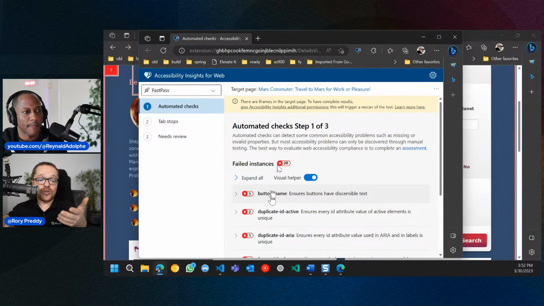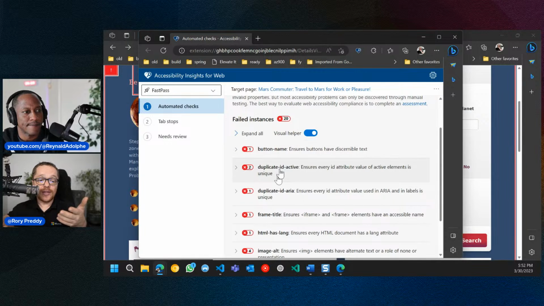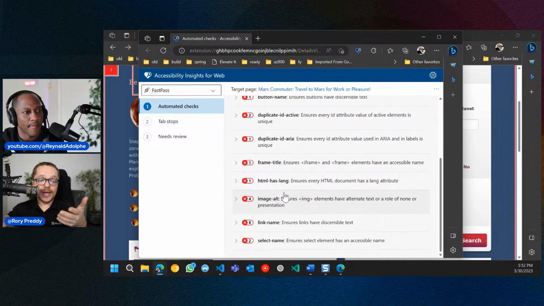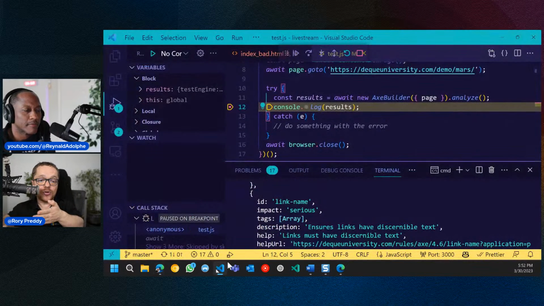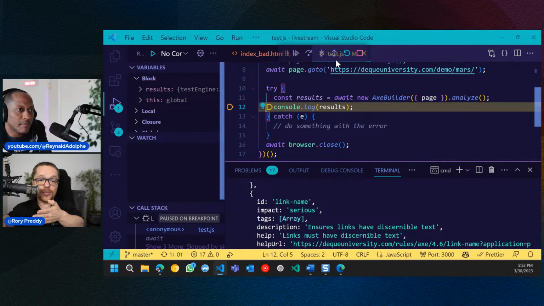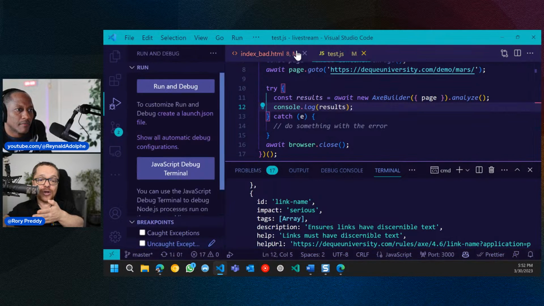So it's important to understand what those issues are. It's a little bit more strict here. We've got duplicate ID, ARIA here. And you can tone down Playwright to say which issues you don't want to see or which issues you do, though. Because by default, Playwright uses WCAG 2.1 A compliance, whereas this is 2.1 AA compliance. So let's go back into Visual Studio Code here, and you can see that I can just stop the Playwright here, and then I can carry on with you here.